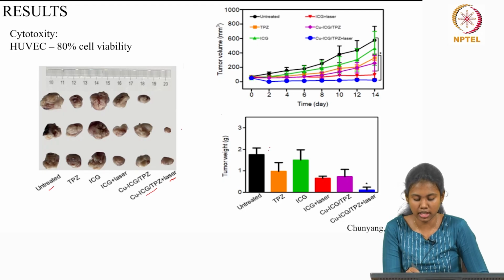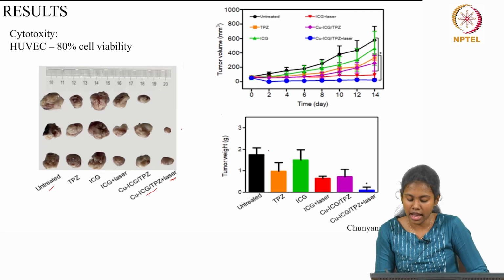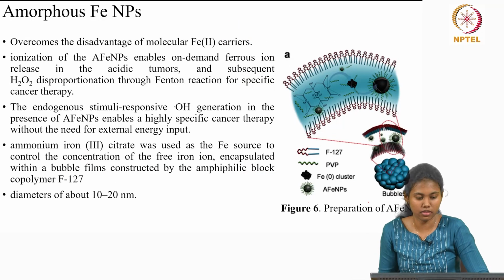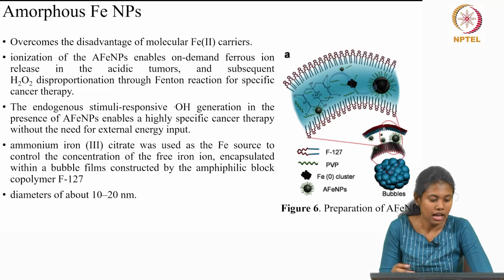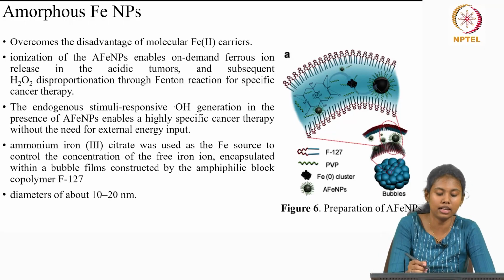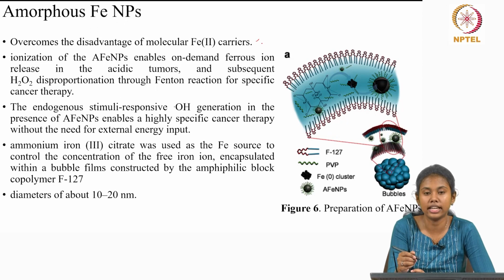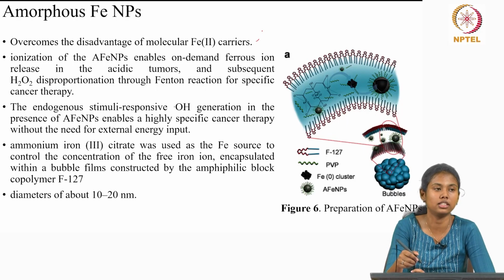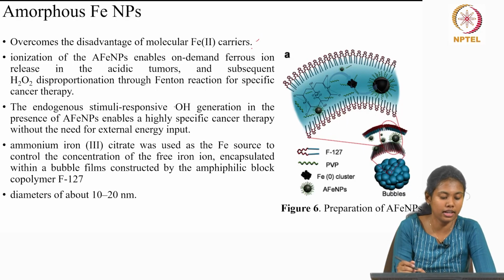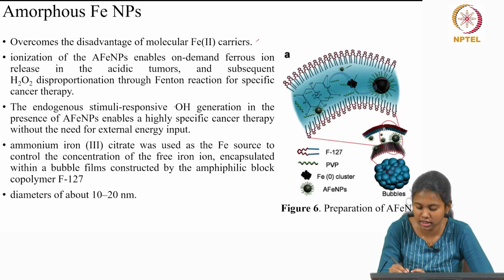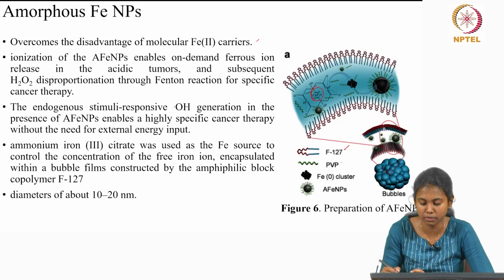You can see here also the tumor weight in an untreated cell, and also with the laser induced cell, like a nanoparticle treated cell. And also this amorphous Fe nanoparticle was discovered to overcome the iron carrier nanoparticle, where the biooxidation of iron carriers was occurring before the target itself. So, in order to overcome that, to specify the target, this particular nanoparticle was designed, where this is the iron nanoparticle, the iron molecule that is embedded within the Fe2 plus fluoronic 127 and